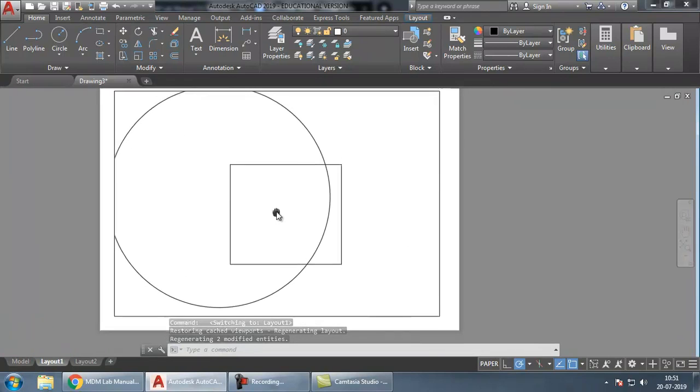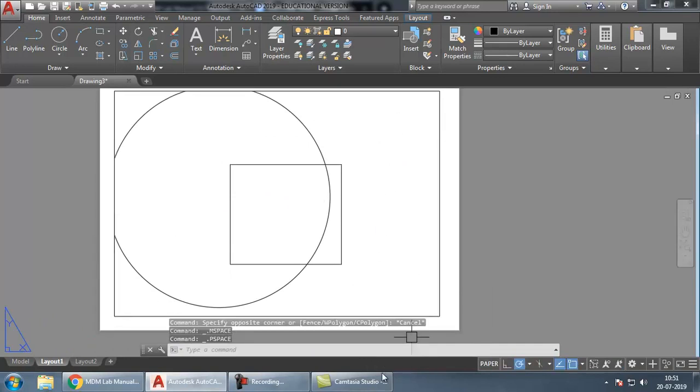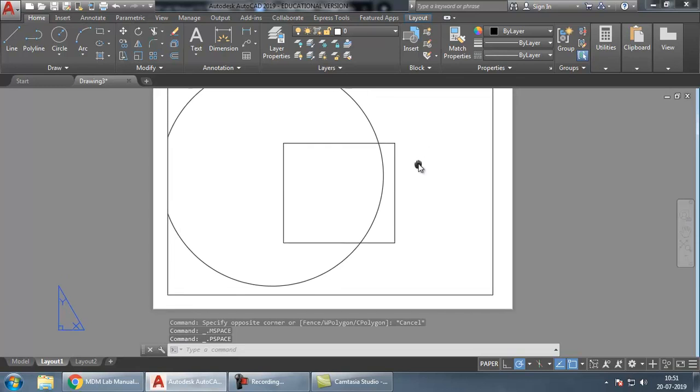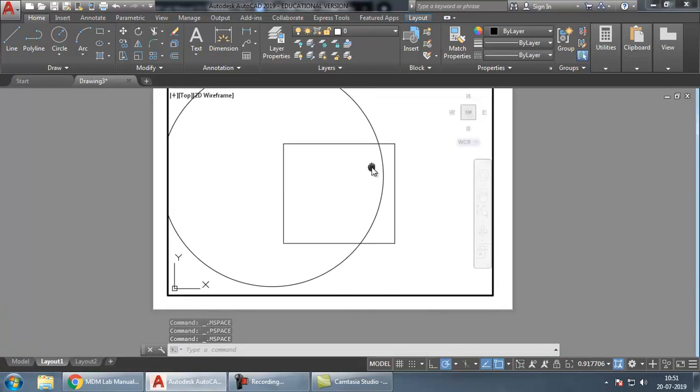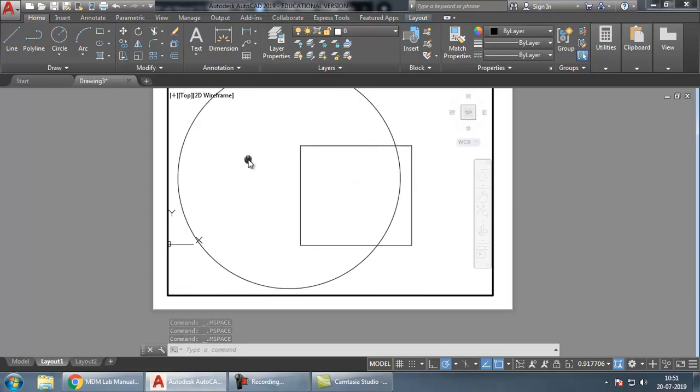So next thing you have to set is the scale. How to set the scale? You just have to double click inside, or you can choose this button over here. So paper and model. When it is in paper space, you can move the paper. When you move to model space, you can change what is visible on the paper. So you have to set it correctly.